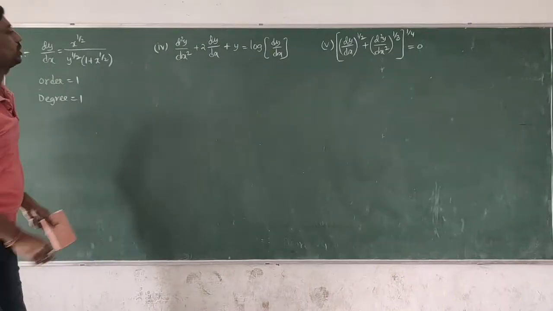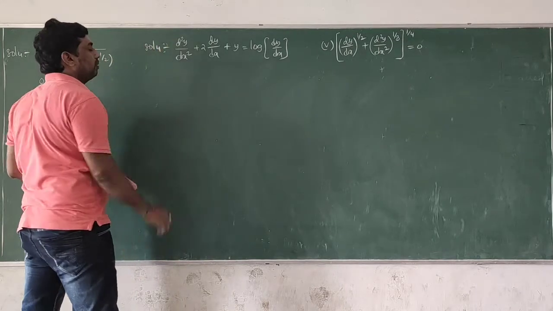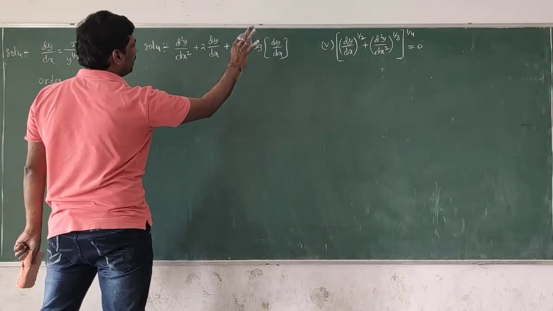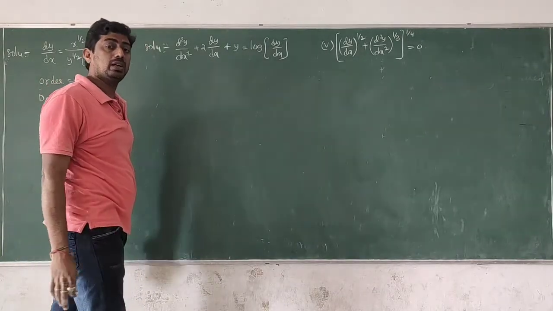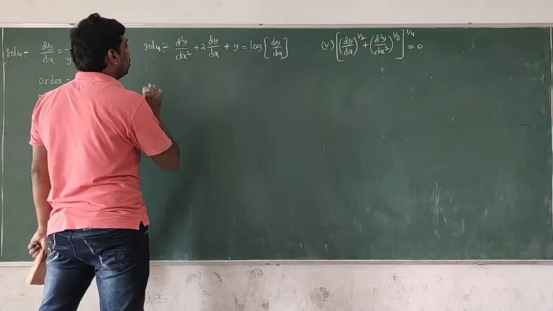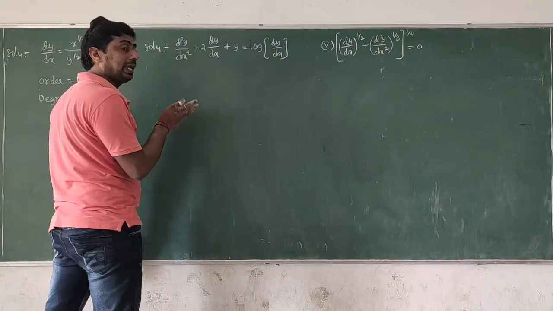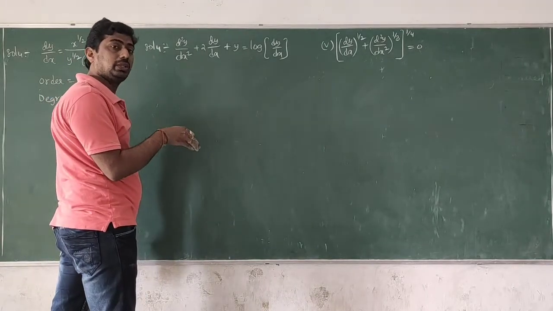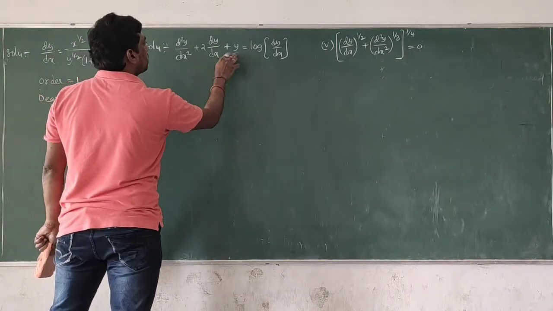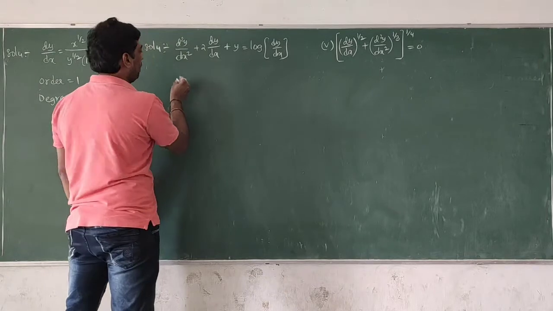Right. Next, fourth problem. Here also write down the given differential equation in the solution. Clear? There are no exponential powers on the derivative terms, so you can directly write it down. So what is the order? Order means the maximum order of the derivatives involved in the given differential equation. Here we have 3 derivative terms, and the maximum is 2. That's why the order is